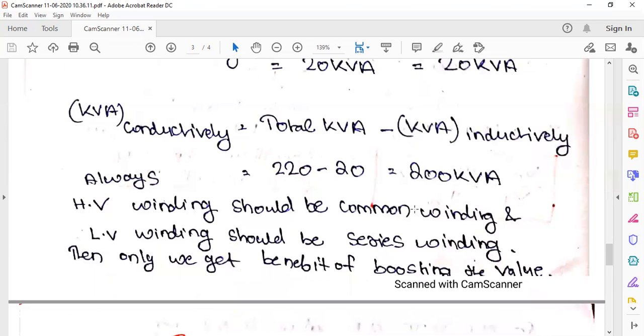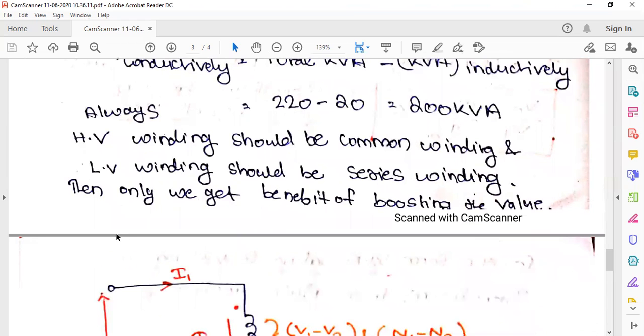So, some key points or tips: always the HV winding should be the common winding. You know, in the autotransformer, we have a common winding. So take the points, okay? We have a common winding and a series winding, and the HV winding should be the common winding and the LV winding should be the series winding. Then only we get the benefit of boosting the value, because